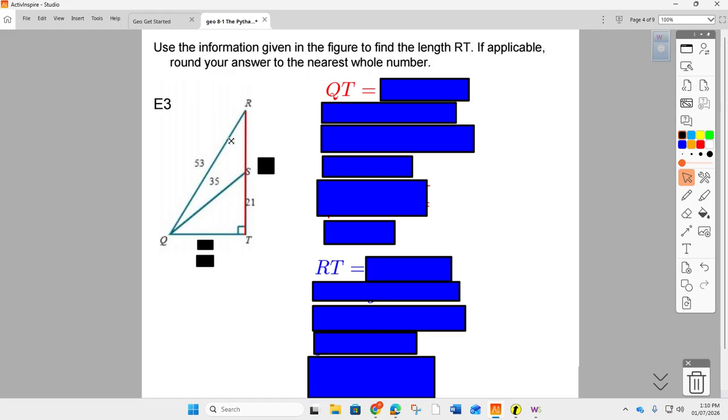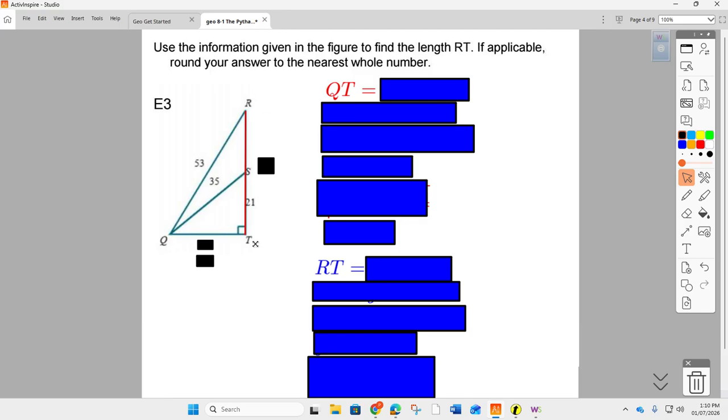Well, RS is one of the sides of this triangle RQS, right? Do I have any information here that will let me find the length of that segment? Well, 21's not part of that top triangle, right? Yeah. So I can't use this triangle, but